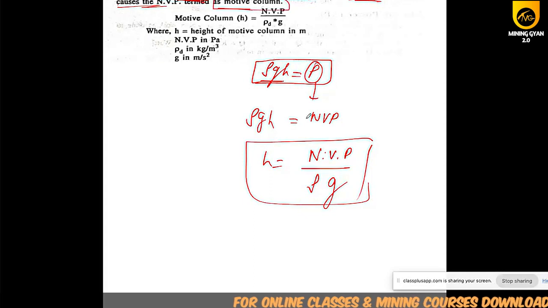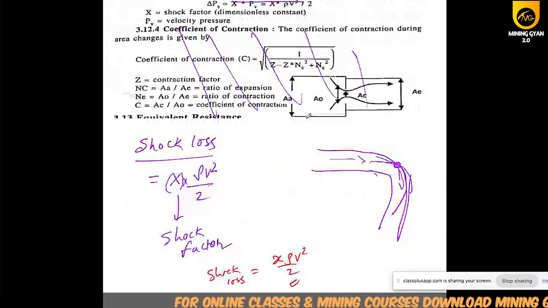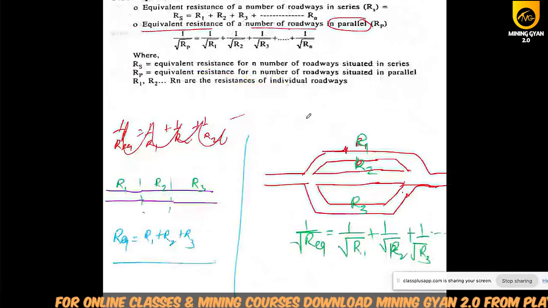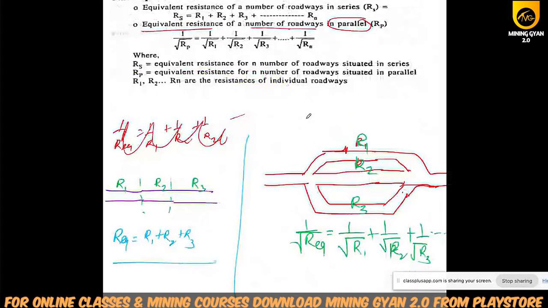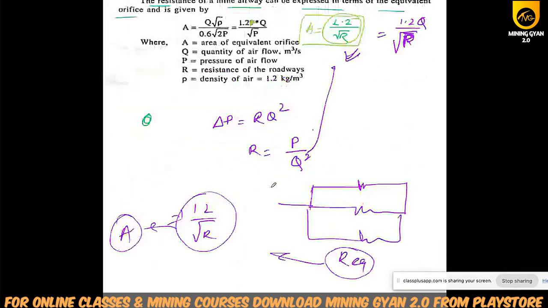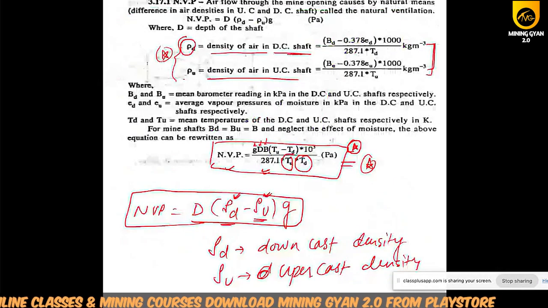So what we have seen up to this: first, we have seen the formula of equivalent resistance, how you will find the equivalent parallel resistance, and the equivalent resistance for the series. Then we have seen the air power, which is RQ cube. Then we have seen the equivalent orifice, which is 1.2 divided by root R. And then we have seen the